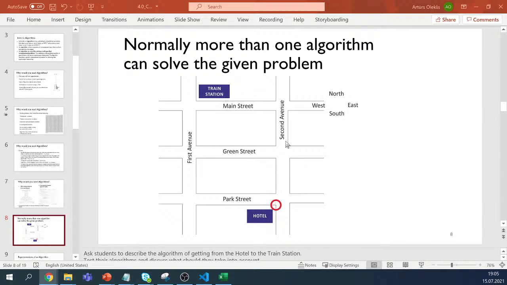But of course, usually there's only one, maybe in this case there are two. Not really sure if this path is the same as this one, but in this case you can see we have one or two fastest paths, and of course it's always better to achieve the train station